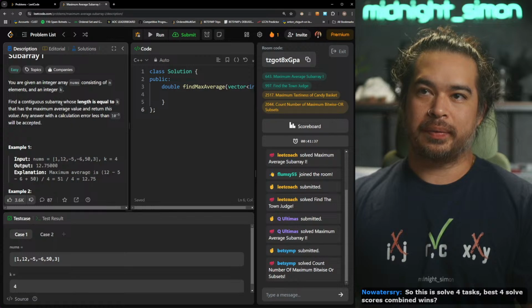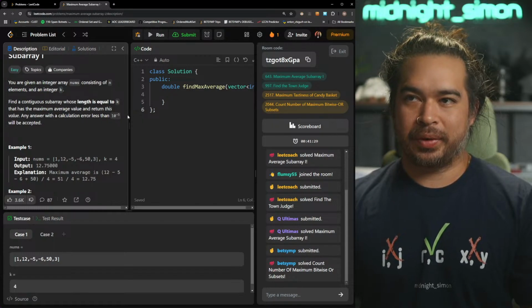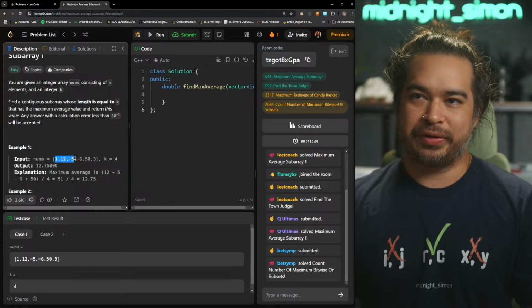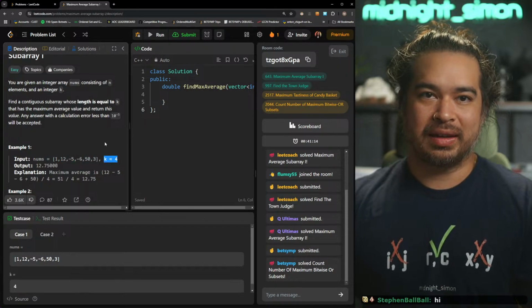What do I want? Subarray maximum average and return it. Okay, so I think I'll just do a sliding window of k size and then remember the maximum number that I've seen for a window of size k.